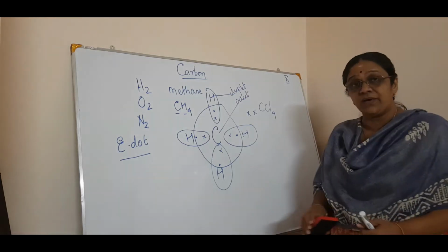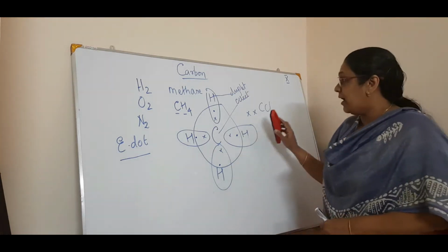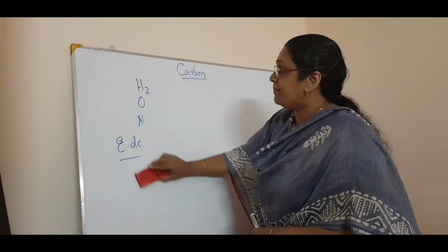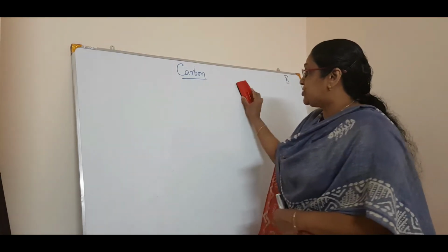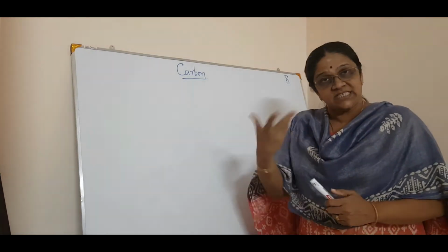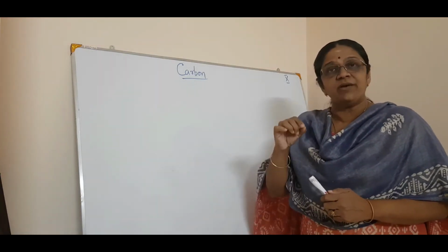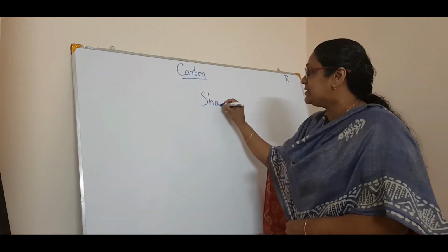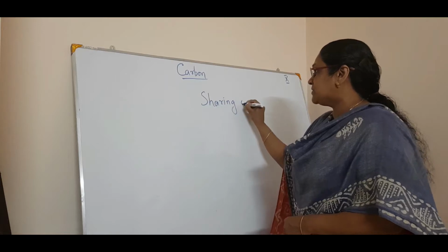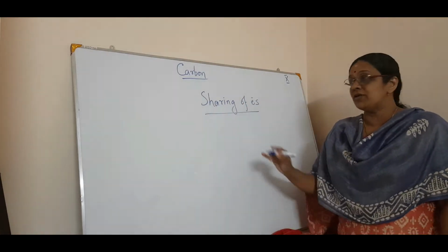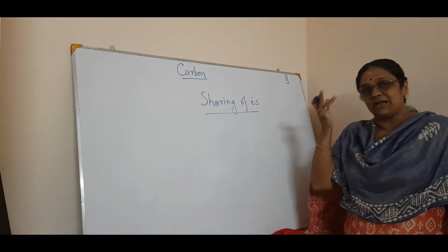So now we will see the definition. What is the definition of a covalent bond? You know, it is sharing. So you can say covalent bond occurs by the sharing of electrons. You know, ionic compound occurs by the transfer of electrons, whereas covalent bond occurs by the sharing of electrons. The value point you have to write is sharing of electrons. Okay, so the value point is covalent bond is formed by the sharing of electrons.